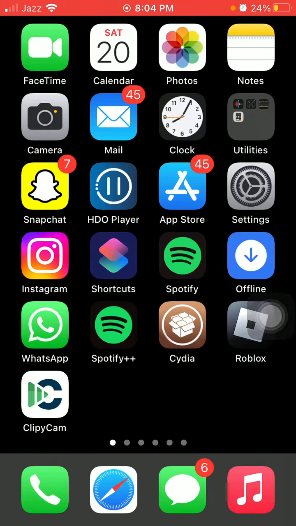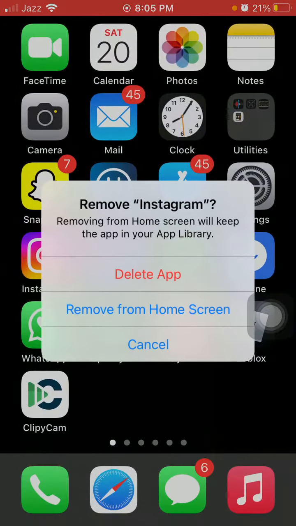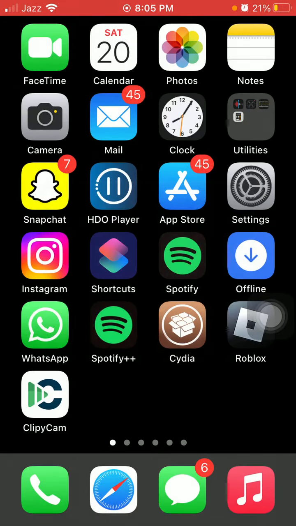After force restart, we have to go back to App Store and re-download the application. After that, hopefully you will get rid of this issue. If not, then tap and hold the application, tap on remove app and tap again delete app. After deleting the app, re-download the Instagram application and you will get rid of this issue, because this is the